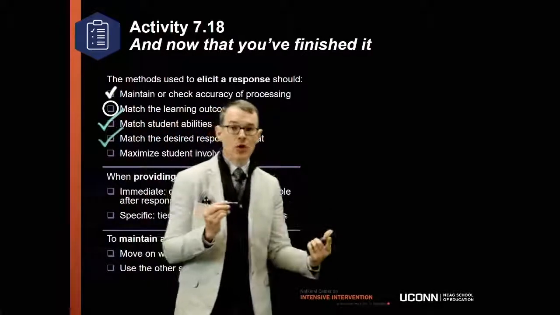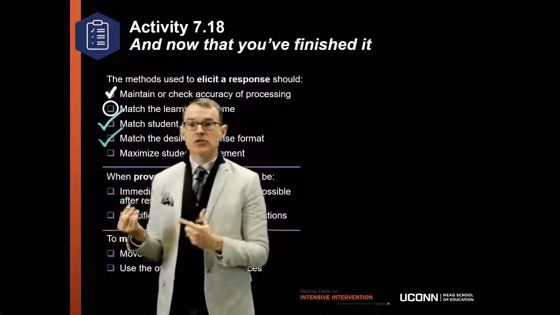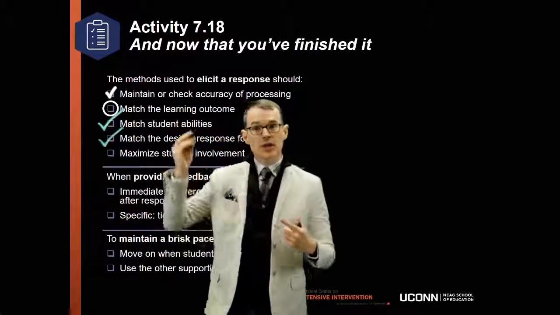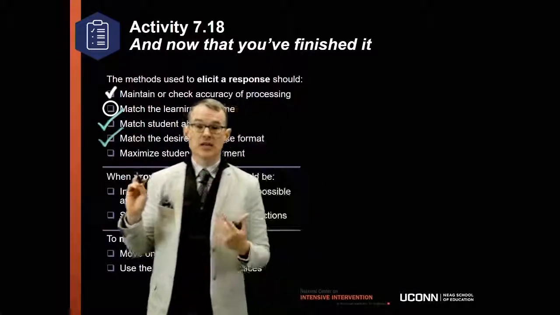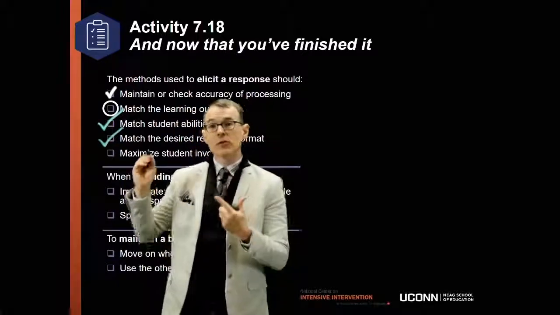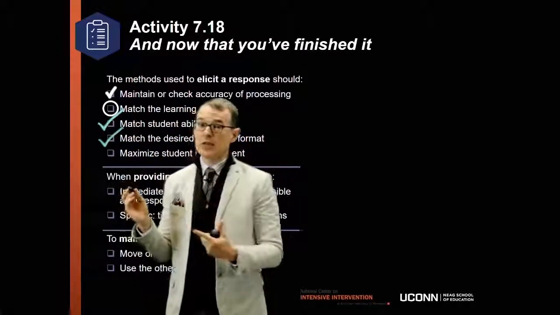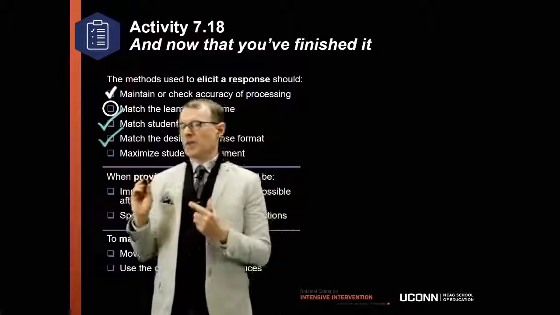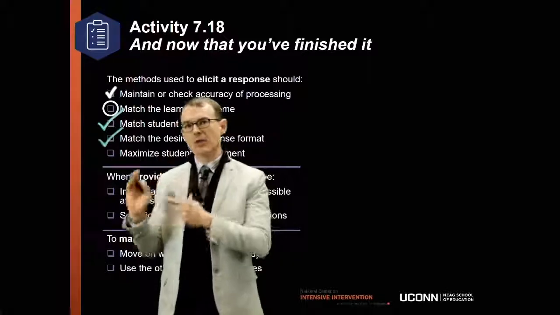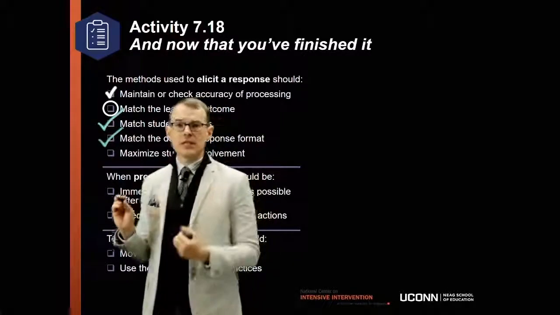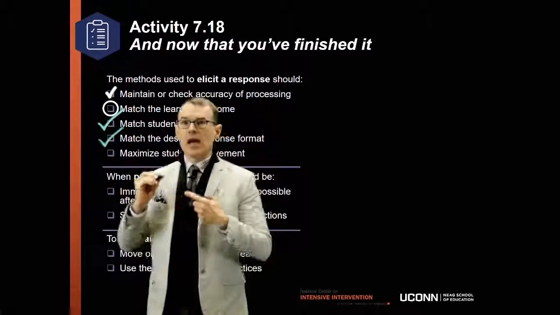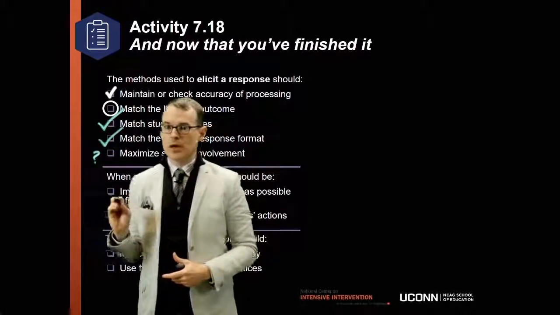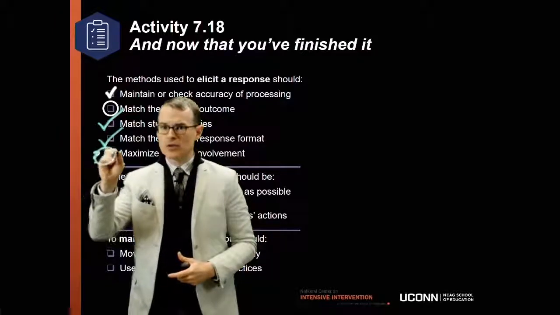And also, as you know, one-by-one student responses are not the optimal way to maximize student involvement. The advantage, though, is that it does allow her to maintain and check accuracy of processing. So if she wants to check accuracy, she is finding a way to do that. There could be other ways to do it, and she didn't choose to use those. I would say, for me, I would have changed the way that I would have done the sight word practice so that we didn't force each student to be on the spot, okay? So I'm going to give this a question mark. And I might actually even circle this one.